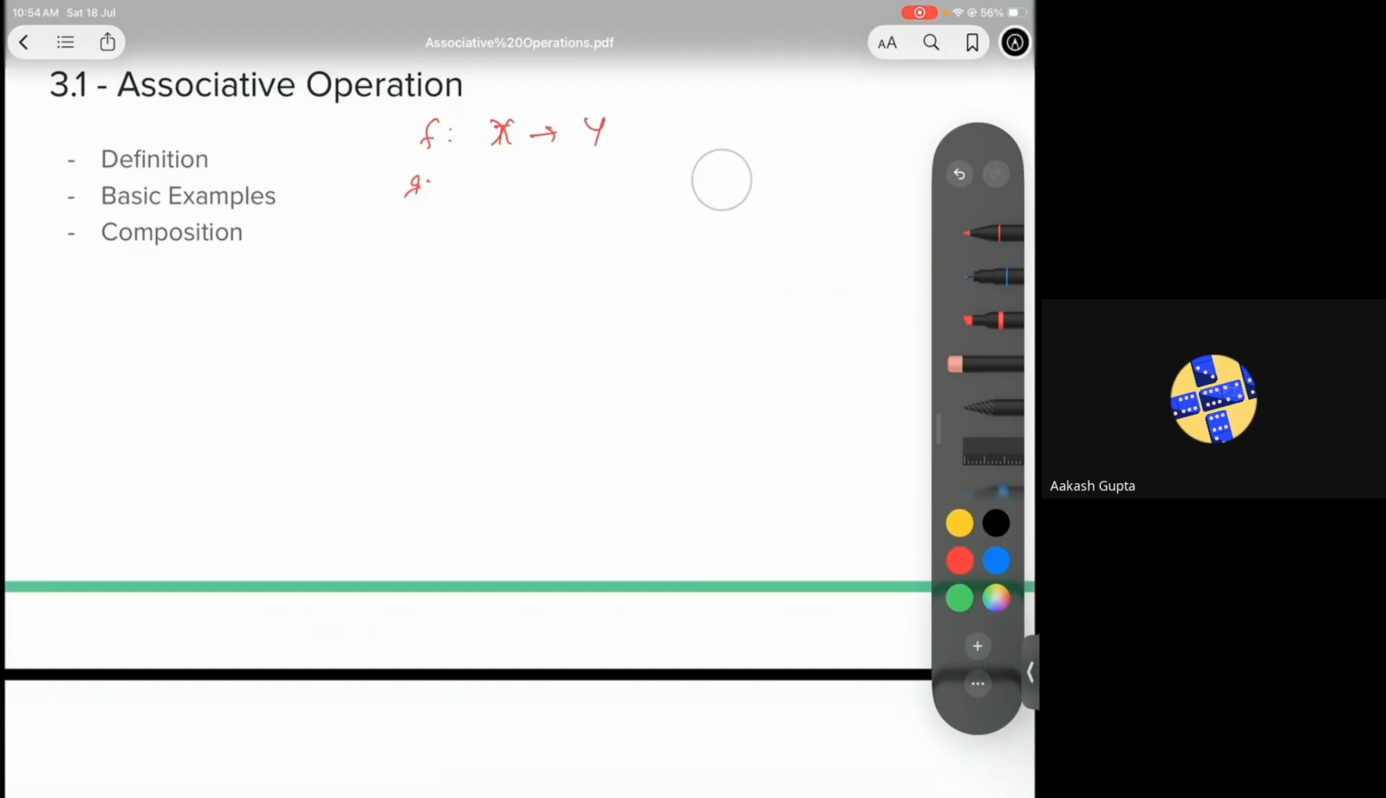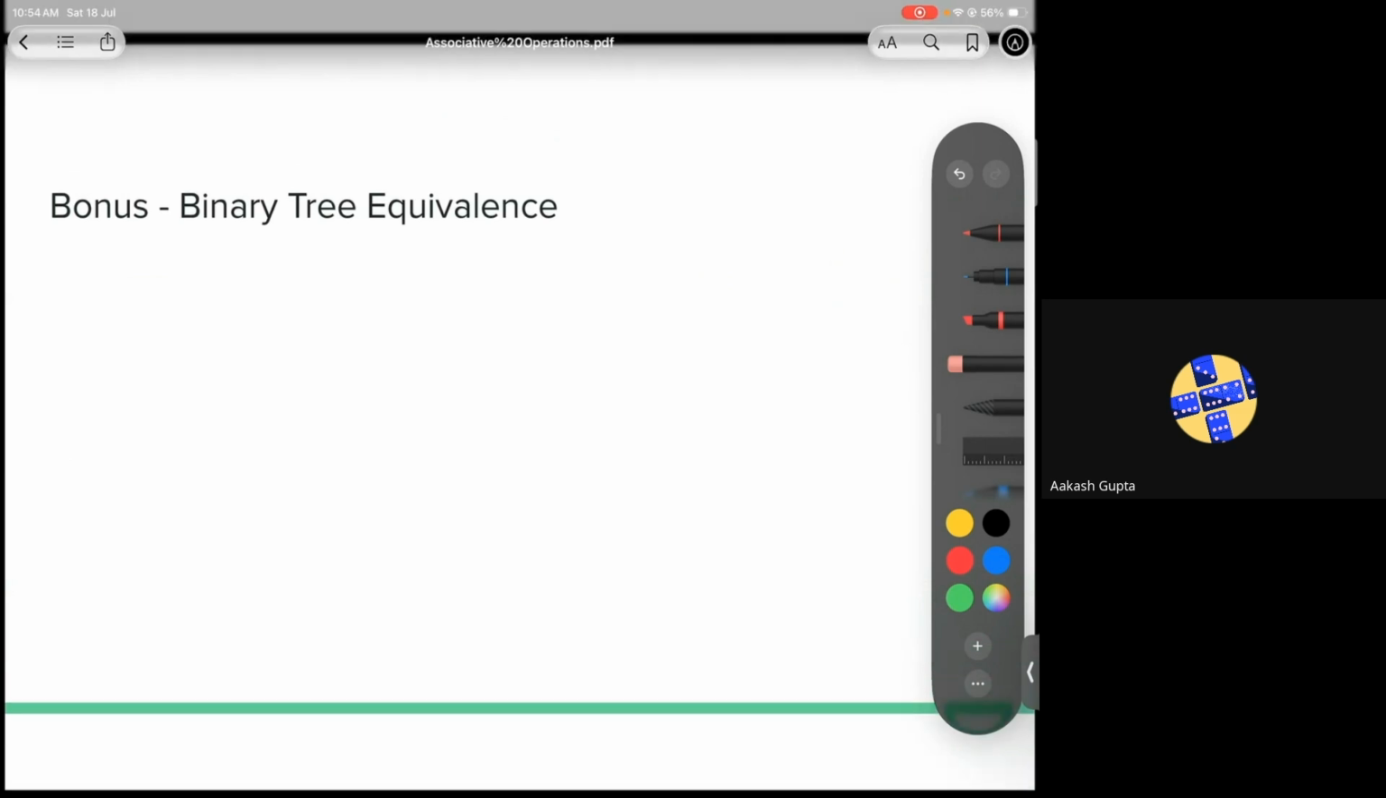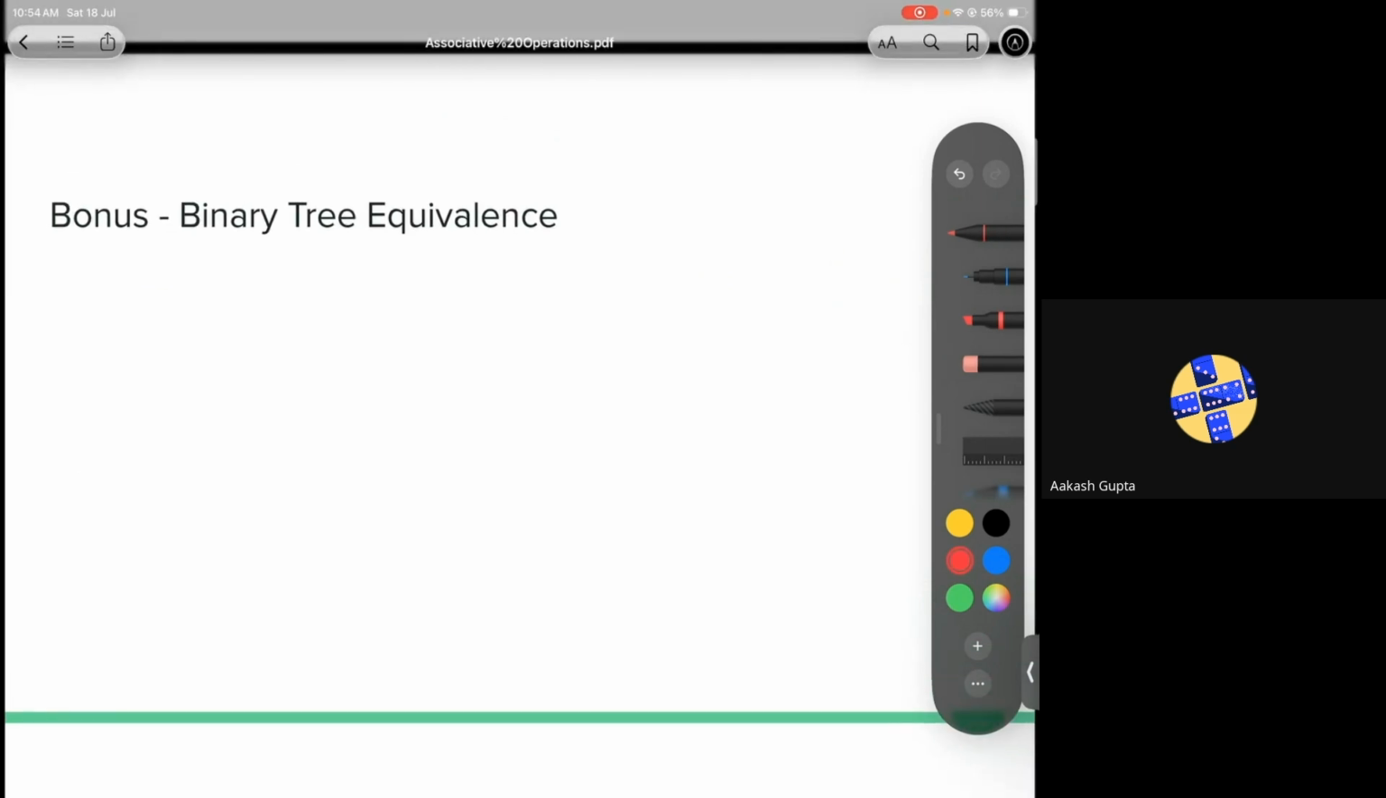Now, coming to the bonus structure, I think the author should have covered it. Maybe this topic is covered later in the book, but I thought I should cover it now. Let's say I have A star B star C. In abstract syntax tree form, this is equivalent to this structure, right? And if I have this operation in abstract syntax tree, this is equivalent to this structure,